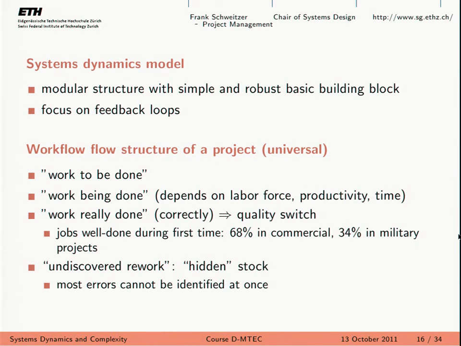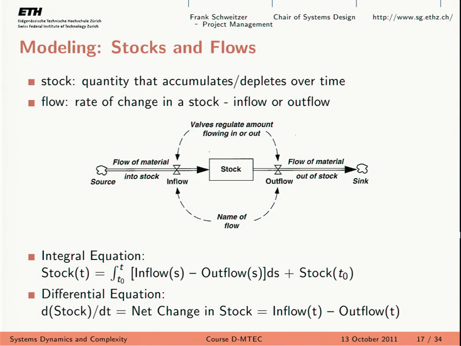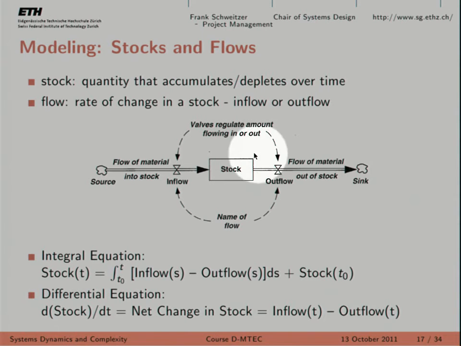Again, before going into the details of the model, let me introduce from a more system dynamics perspective how these models look in general. The entities that we're going to be working with, and eventually you'll have to simulate this in your self-studies, are basically stocks and flows. This is a stock, right? A stock is an entity or quantity which accumulates value over time. The work to be done is a stock because it accumulates over time as more work becomes available.